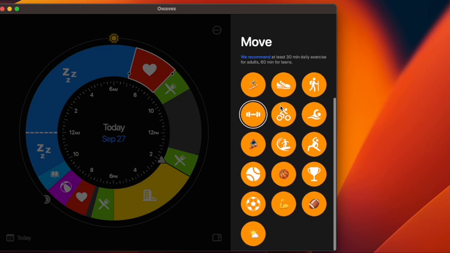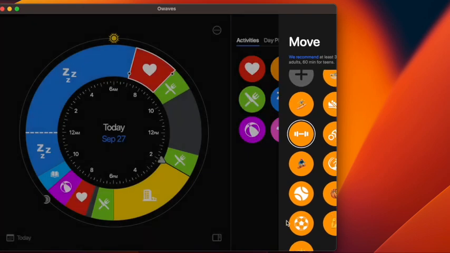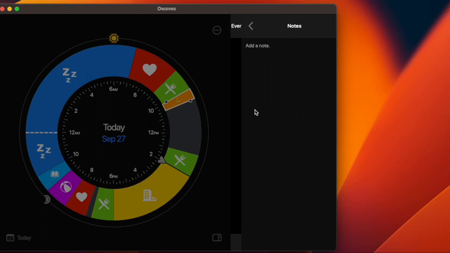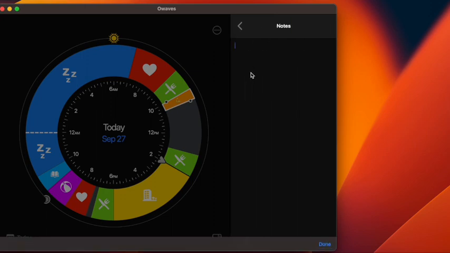So let's say you're into weightlifting, you can grab that and you can put it in the time wheel. It's 10 to 10:30. You could even click on it and you can write some notes about it. So when are you gonna do it? It's already there, 10 to 10:30.